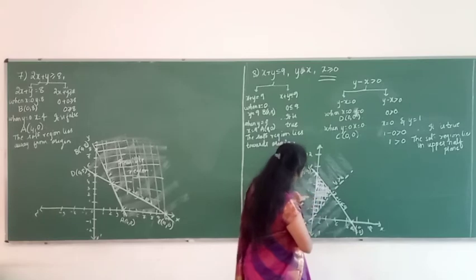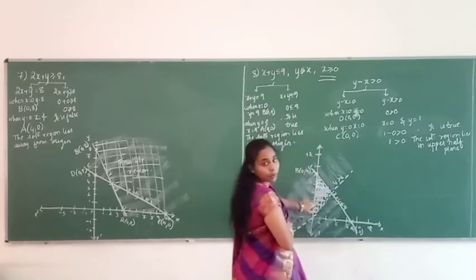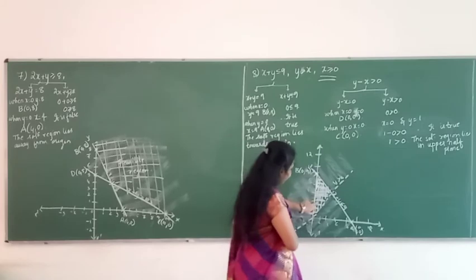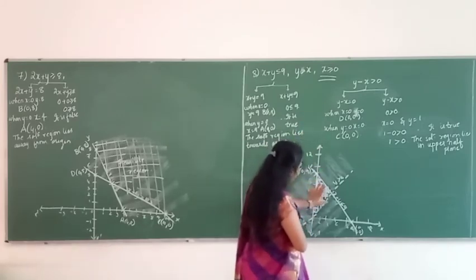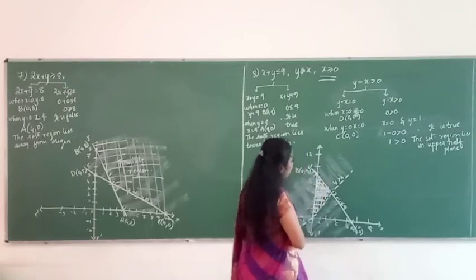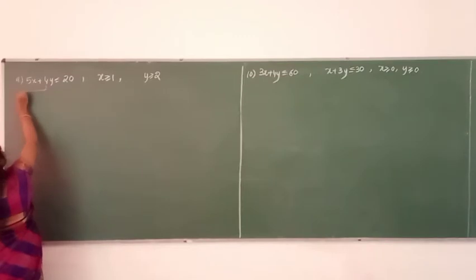So here apart from the shaded region, that is of y greater than x and x plus y less than or equal to 9, you will be just checking where both the solution regions will be lying. So in this solution region we will be considering the last constraint, that is x is greater than or equal to 0. So obviously I will be considering this as a feasible region. Okay. So we will be moving on with the next problem now.